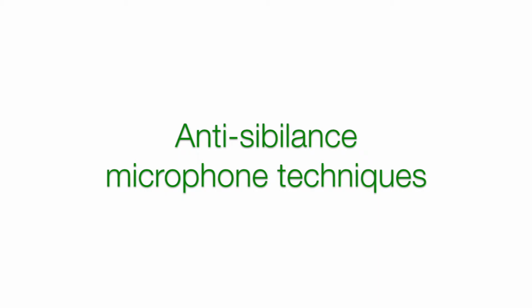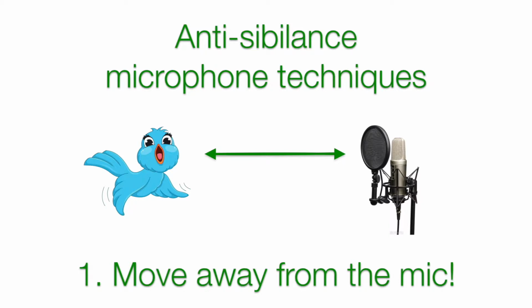Now I've got two microphone techniques to help you reduce sibilance in your recording. Microphone technique number 1: step back from the microphone. You don't need to make out with the microphone while you're singing. I know it sounds really cool when you come up close to the microphone and get this deep voice. That's called the proximity effect, and it basically means things are getting louder in the low end, which makes you sound like you've got this lovely deep voice and you're going to be in a movie trailer soon. I understand it sounds very cool, but the problem with that is the microphone doesn't have a brain,